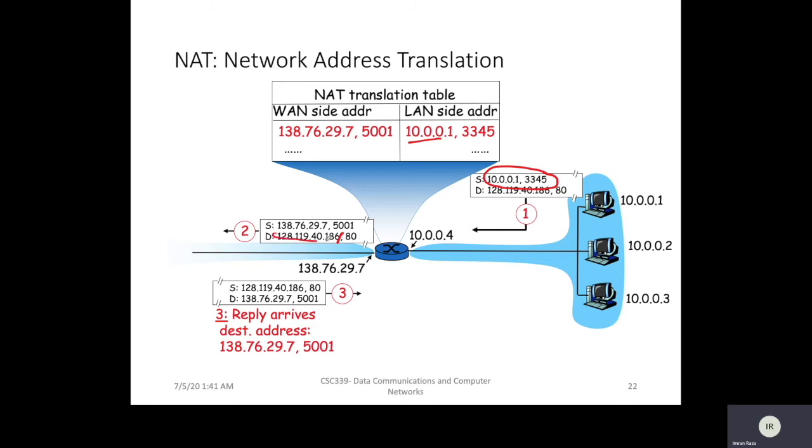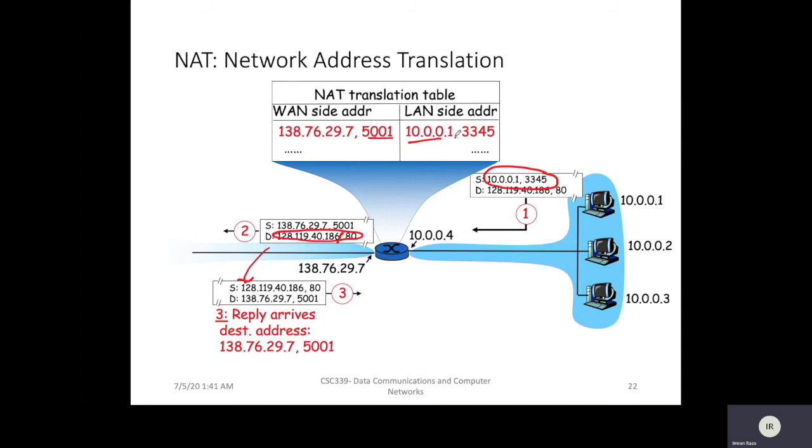So you can see that we have the same entry in the source now, because this destination is the source now. It is generating the response. So the source address is 128.119.40.186, and we have port 80. So where is it going? Now the destination address is, yes, the static IP address, or NAT IP, which is 138.76.29.7 at port 5001. So as the NAT router receives this packet, it immediately looks at the port number 5001,